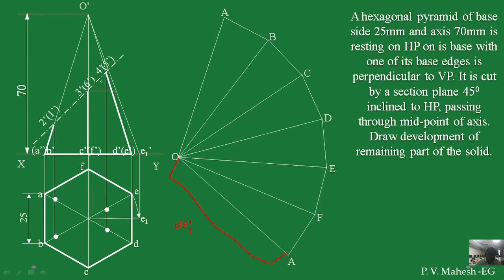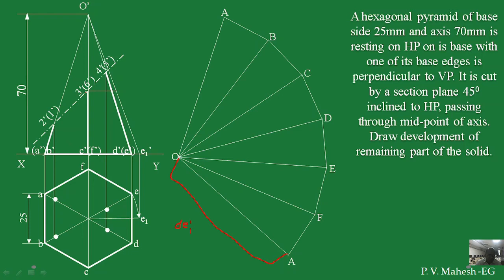Now once I cut the axis, this is the midpoint of the axis, passing through that I will cut the lines. So I got the points 1, 2, 3, 4, 5, 6 at different edges. Now points 1 and 2 I have to get on the top view. So on OA I am having 1, and on OB I am having 2, and similarly on OD I am having 4, and on OE I am having 5. So directly I can get these 2 points.